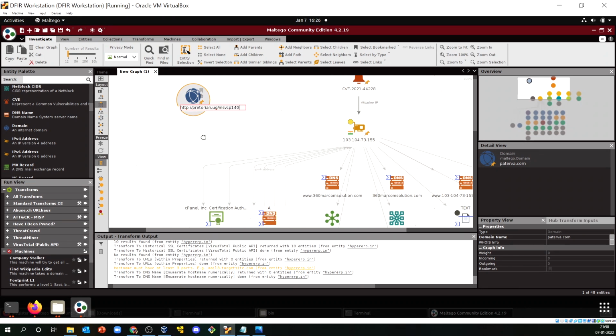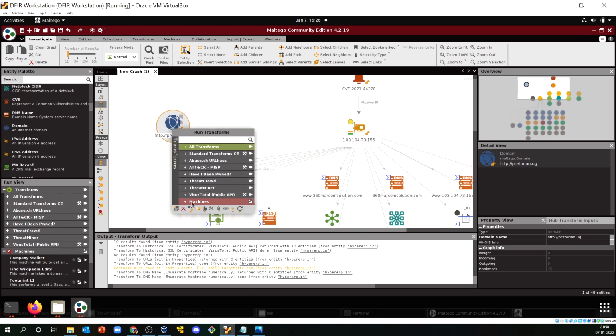I'm not going to give the full information, I'm just going to give this particular domain name, so we can omit the HTTP information as well. Now you see there are machines options also available. If you have an EDR solution and you want to understand whether any of your machines is communicating to this particular C2, you can even do that, provided you have the EDR or your HIDS talking to Maltego and you have the transform script set up, right?